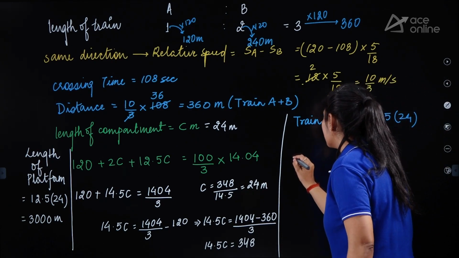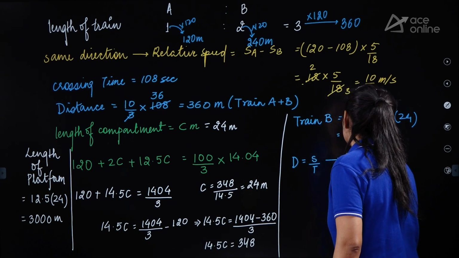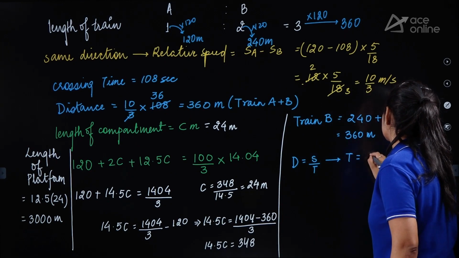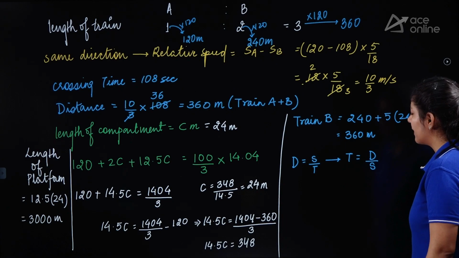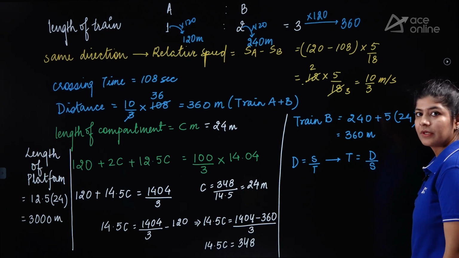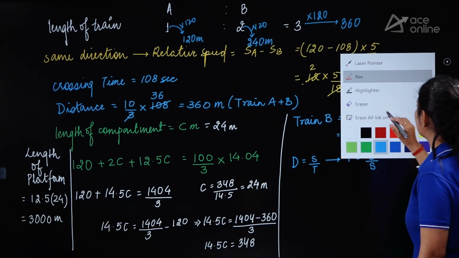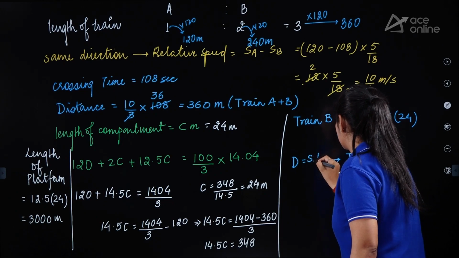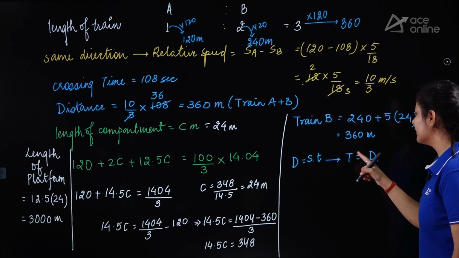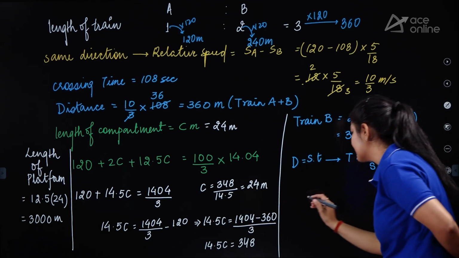Okay, now we know that distance equals speed into time. So if we need to calculate time, that is nothing but distance upon speed. Speed into time, and we need to calculate time. That means we need to divide distance by speed. So the total distance is nothing but